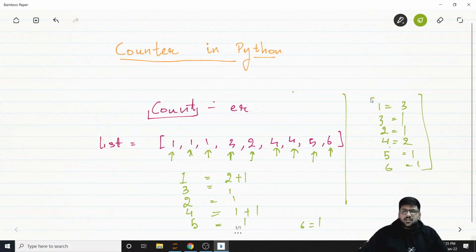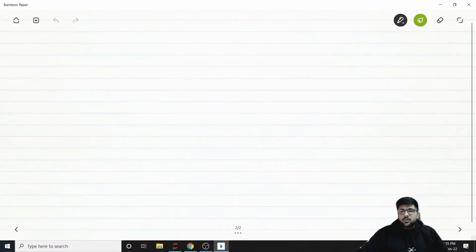But now you're wondering that this is pretty boring stuff. How is it going to benefit us in real life, or how will we use this counter? So imagine you're employed in the retail section of a store, let's say Walmart, and you have to create a statement of how many fruits were sold on a particular day. So probably it will be something like